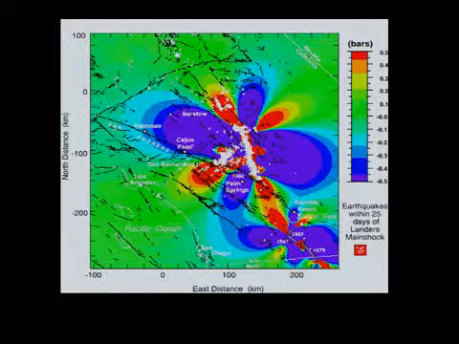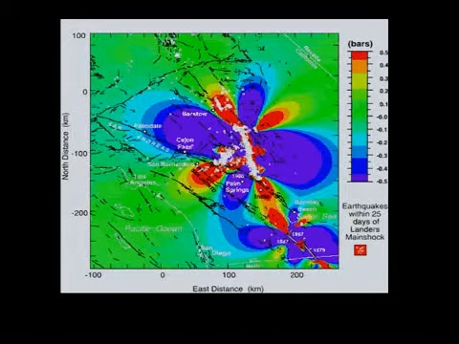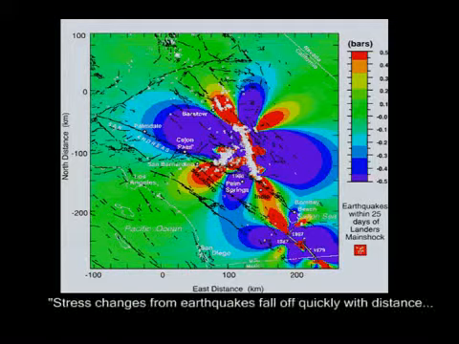Here we see stress changes from earthquakes greater than magnitude 6 in southeastern California from 1979 to 1992. The white dots are earthquakes that occurred within 25 days of the Landers main shock. Regions of increased stress are regions of warm colors, and regions of decreased stress are cool colors. As you can see, a majority of the Landers aftershocks occur in regions where the stress has increased.